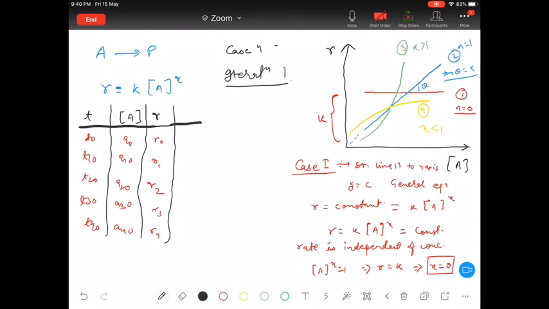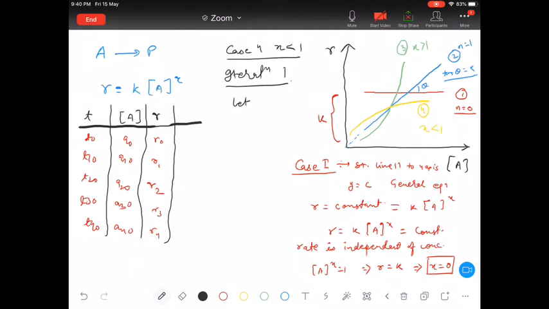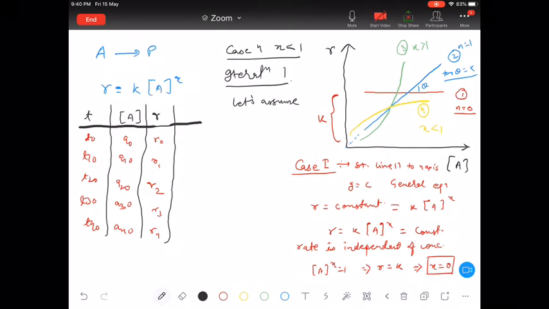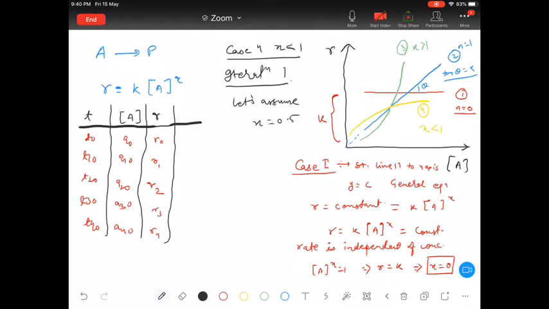For case 4 where x is less than 1, iteration 1, let's assume x is equal to 0.5. I have assumed that, let's say, the order of reaction is 1 by 2. Again, I am telling you, it's not any fact, and there is no rocket science behind it. So if I have assumed the order x is equal to 1 by 2, here what I will do,